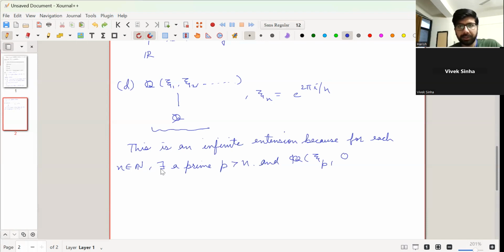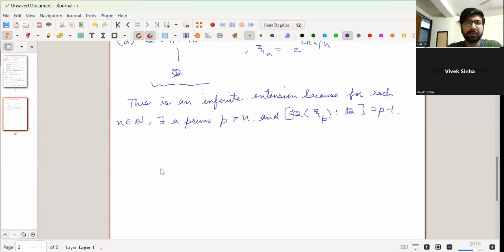So this we have seen, right? When it's a prime, then the degree over Q is p minus 1, because it satisfies x^p minus 1, and then you can take the x minus 1 factor outside, and it is 1 plus x plus so on up to x raised to p minus 1. And using Eisenstein's criterion, we prove that that polynomial is irreducible. So its degree is p minus 1 for any prime p. So this is an infinite extension because for each n belongs to N, there is a prime p greater than n such that this is the case, and which implies that Q of xi1, xi2, and so on